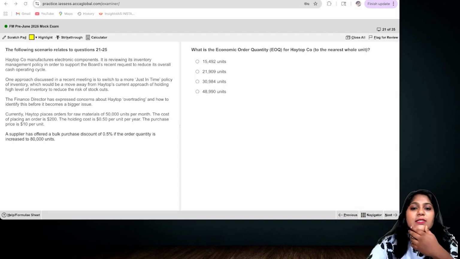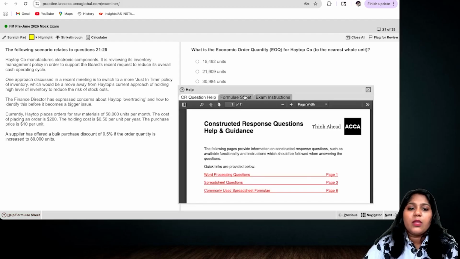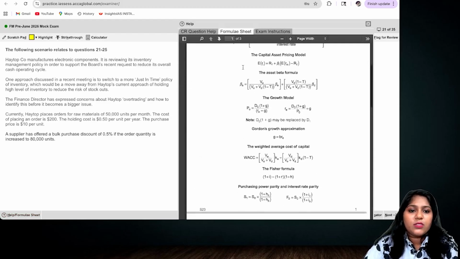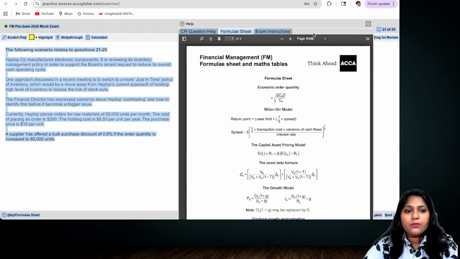Correct, guys. So let's start with the first one, EOQ. What is the formula of EOQ? Open the formula sheet. What is the formula of EOQ? This is EOQ. It is nothing but the square root of